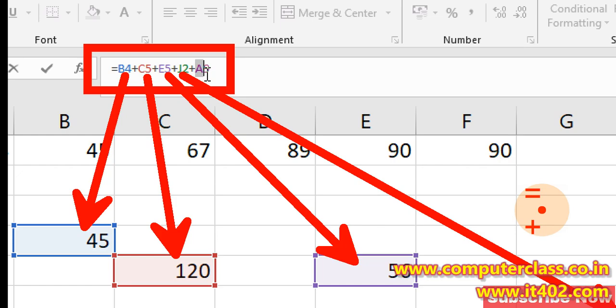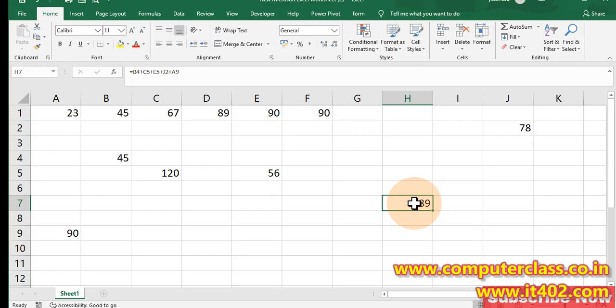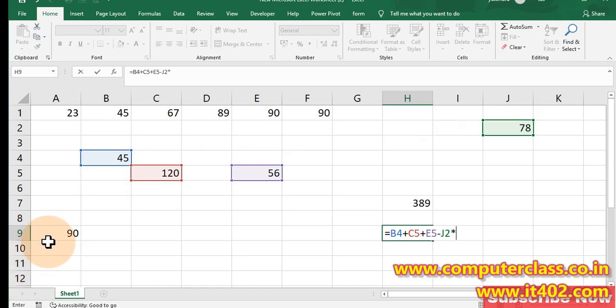Okay, so let's come back to your screen and now come back to the formula. This basic thing is not only for plus. We can use any operator, like equal to this one plus this one plus this one minus this one multiply this one.